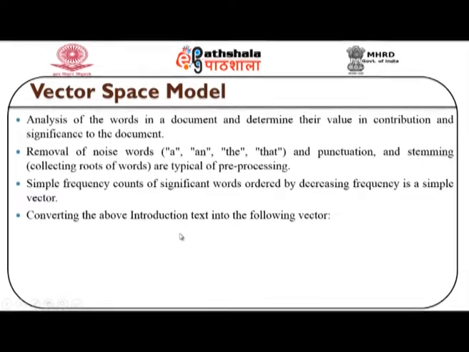So, usually text uses a vector space model of representation, wherein the analysis of the words in the document determines the value, contribution and significance to the document. So, first we try to remove some of the noise words, which are, for example, a, and, the, that, punctuation, and stemming, where we try to collect the root words. These are some typical pre-processing tasks. After removing all these things, which are called the pre-processing steps, like stemming and noise word removal,